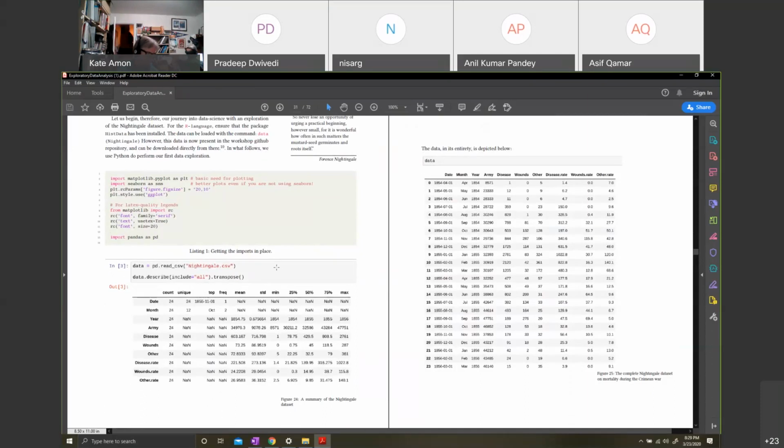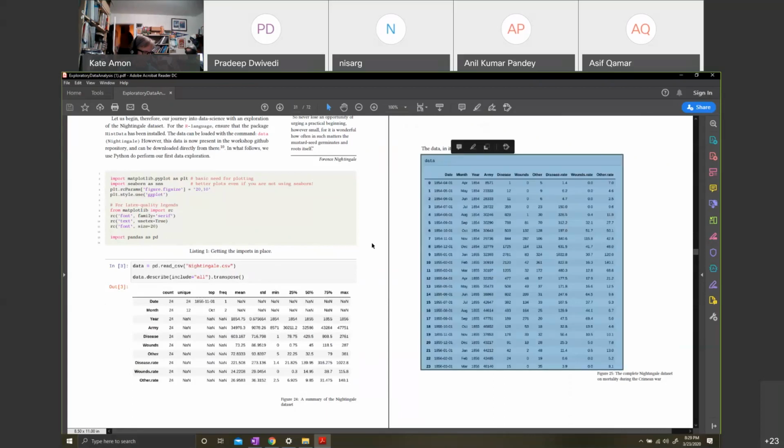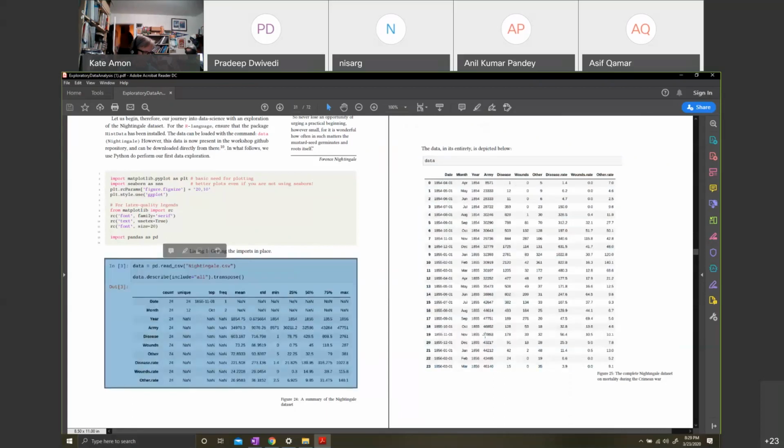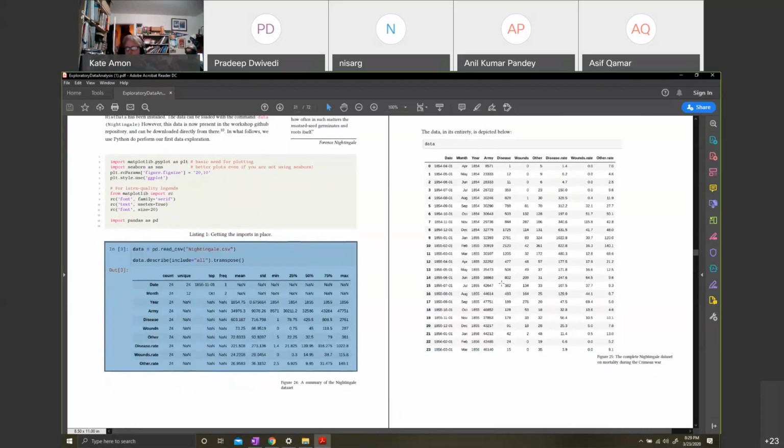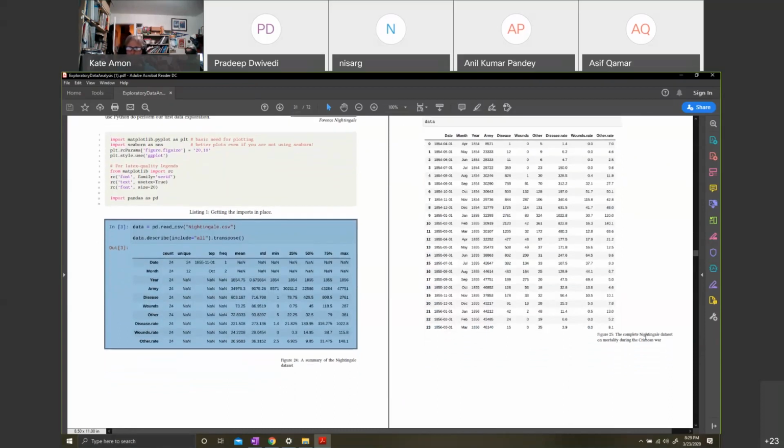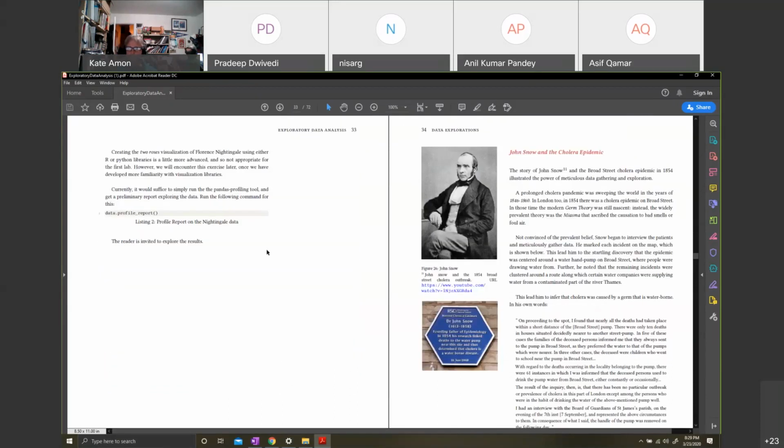So here, we start with Python because you can tell it's a pandas data frame. This is a summarization of the data. And if you actually write the data out, it's just 24 rows of data. You see that? So essentially, you can say that modern nursing started with 24 rows of data. Isn't it quite remarkable?